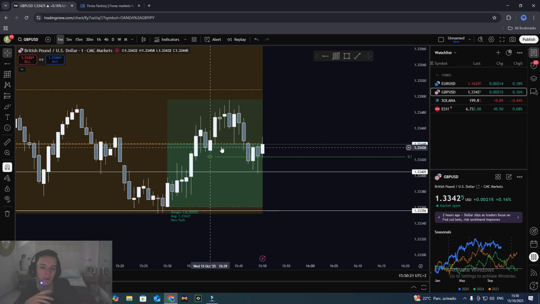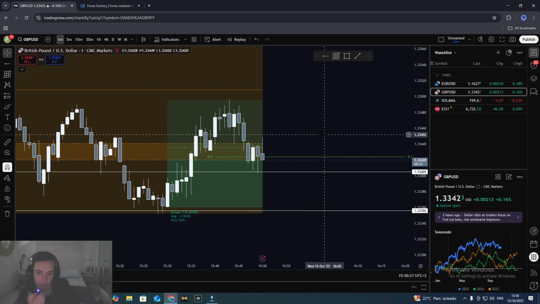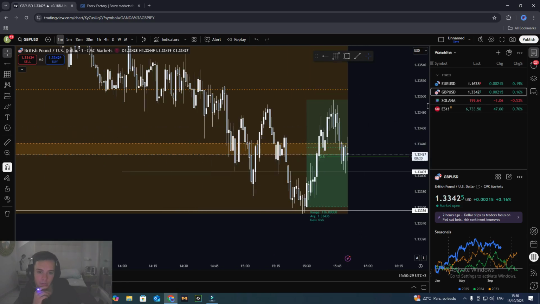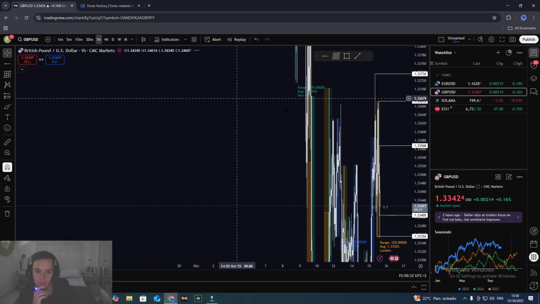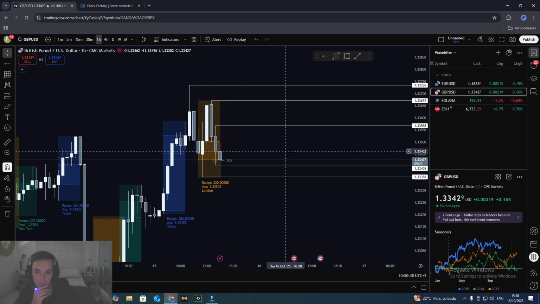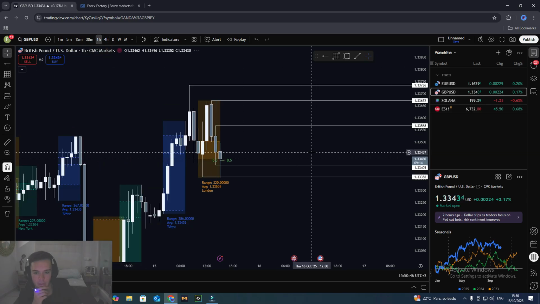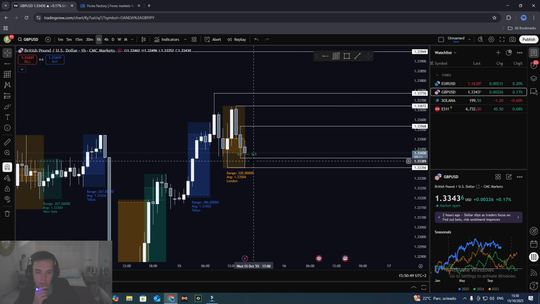Okay, so now you'd probably think, oh, we're respecting this fair value gap. If you're looking at the 1 minute, you'd think, oh yeah, we definitely are. Now, you may be right, but I'm very sure we're not. Because if we look at the hourly, right now we are in a short-term downtrend. But what have we done here? We've come into Tokyo's big fair value gap, which I think is a 4 hour fair value gap as well. And that's a powerful fair value gap. It's being shown through separate time frames as well. Then we've got a major liquidity sweep, because it's a London session low, an hourly low, a 4 hour low.